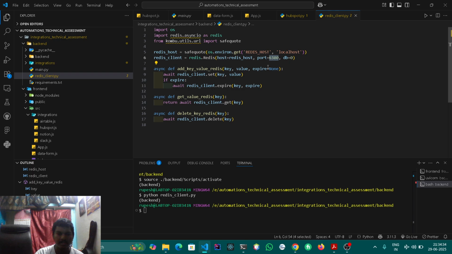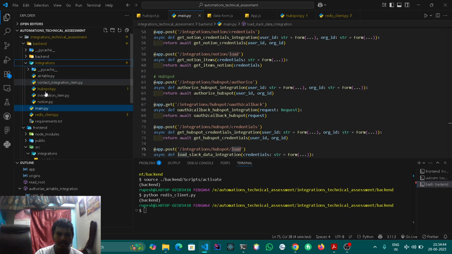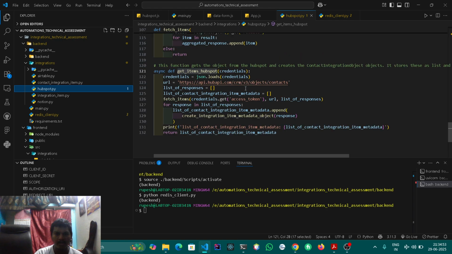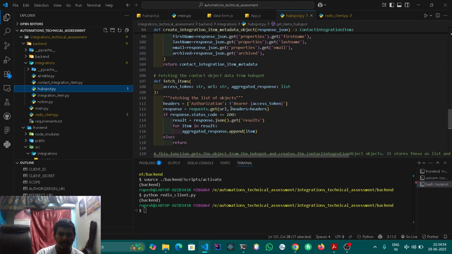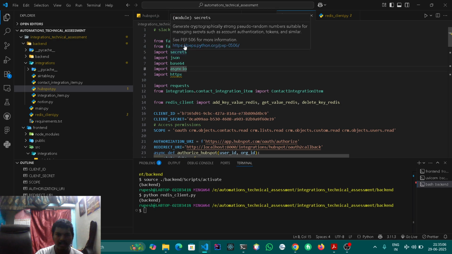In main.py, here the route has to be changed. Not there, I guess. Here it is. Basically, they've given this FastAPI one. That seems we have to get FastAPI, response, HTML response, HTTP exception from FastAPI and request, secrets to